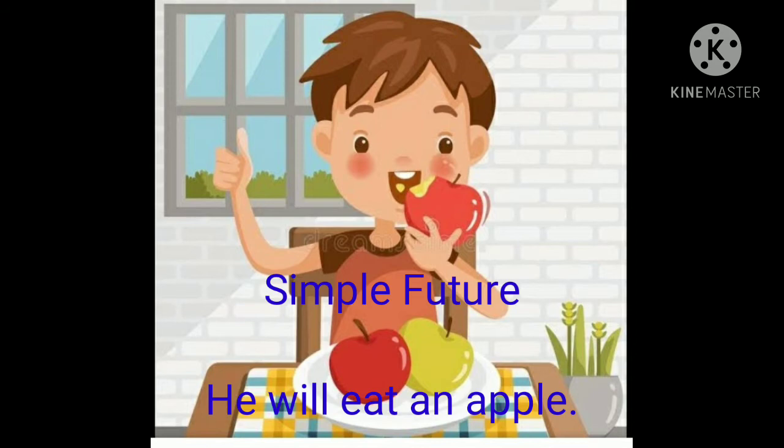So again, if you remember, in present we had written eat. In past we changed this eat into ate. And again in the future we write the present, but before that we write will to show the future. So whenever you read a sentence and you have will in that sentence, automatically it comes into our mind that this sentence is of the future tense.